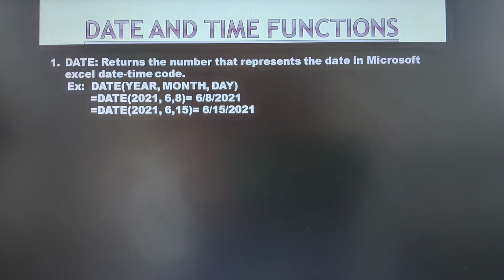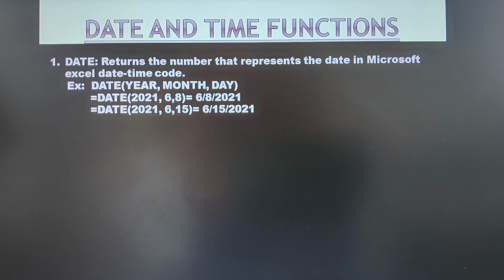Before we proceed to date and time functions, one thing we should know is that Microsoft Excel will store dates as sequential serial numbers, so that they can be used easily in calculation. For example, by default, from January 1 1900, for this particular date Excel will store the serial number as 1. I repeat, by default January 1 1900 is stored with the serial number 1.